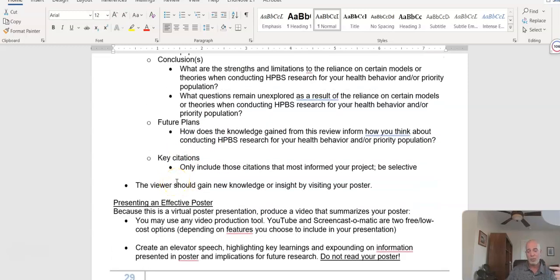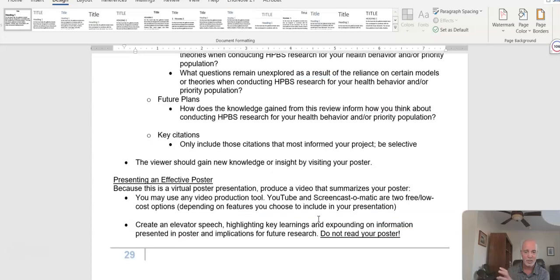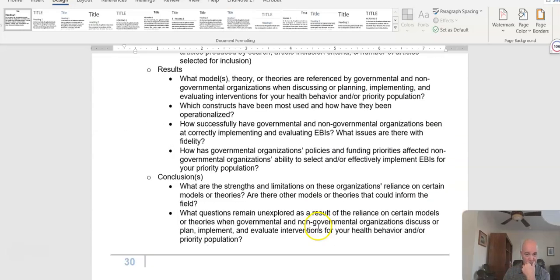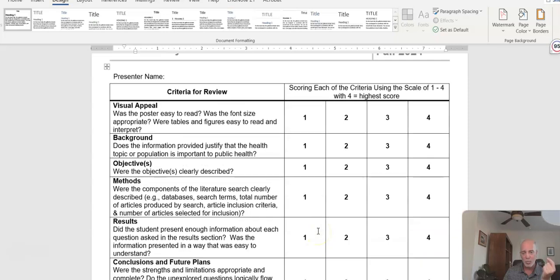But also what I'm doing is now I have documentation to show content mastery. So it's a synthesis document to show mastery of the competency and ability to apply it to future work, which is a really nice thing to show for CEF. In this assignment, I use a rubric. This is the only assignment where I use a rubric, and I do it in part because I'm having students